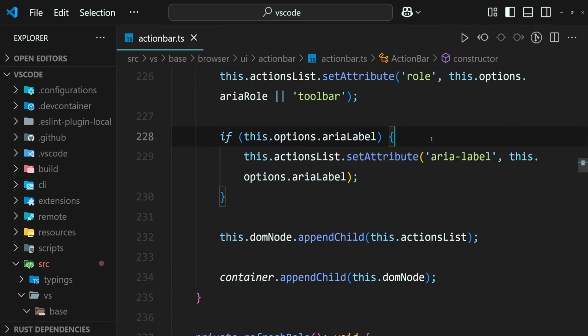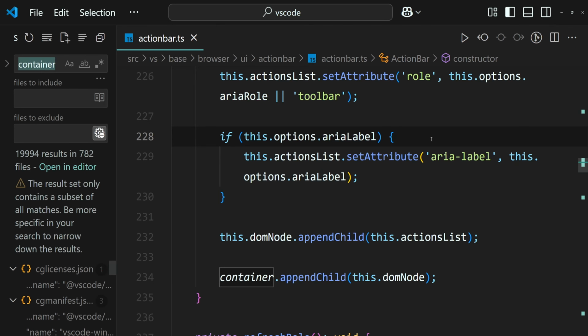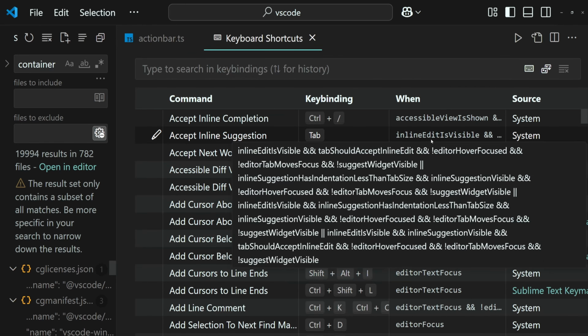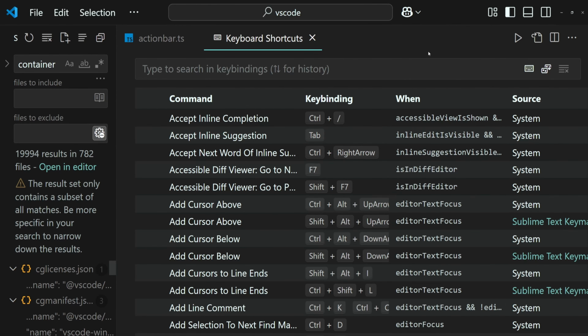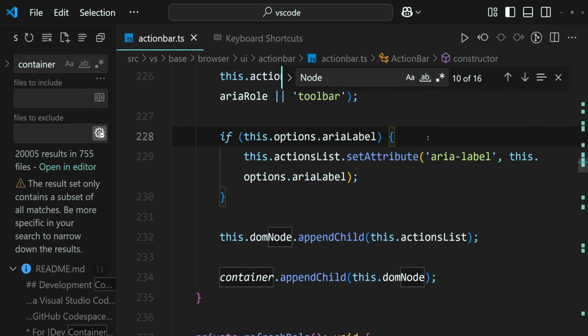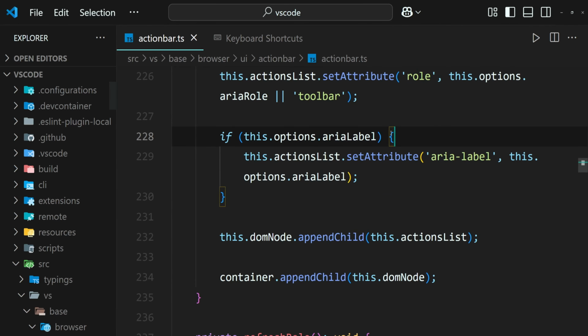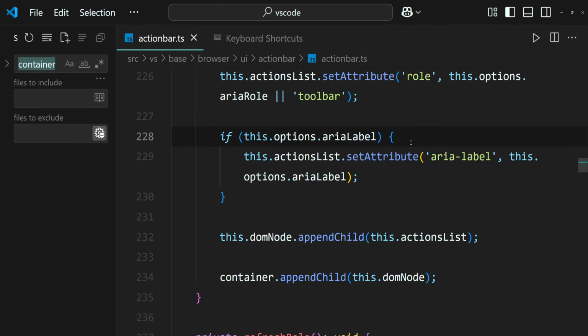It applies to workspace searches, editor searches, keyboard shortcuts searches, and maybe other areas as well that I'm not currently aware of. The search history persistence means your search queries are saved and automatically available even after you close and reopen VS Code, making